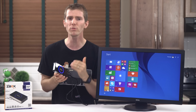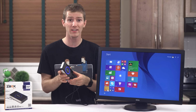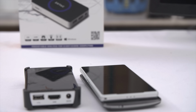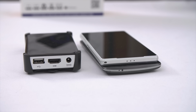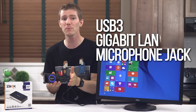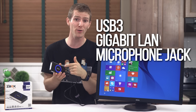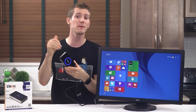Overall, I'm mostly pleased with the specs. It's obviously not the most powerful PC in the world, but you get a full x86 computer in an enclosure the size of a couple of stacked smartphones, and I/O is okay. You get a surprising number of ports considering the size of the unit, but USB 3 and gigabit LAN would have been nice to have, and a microphone input is, in my mind, a must-have, considering this baby's power efficiency